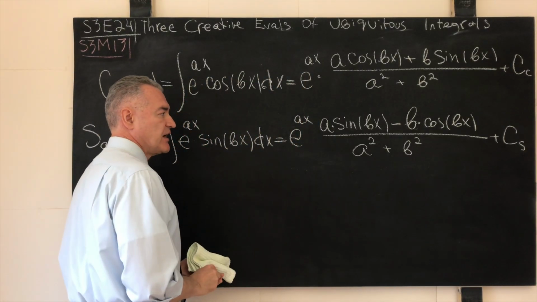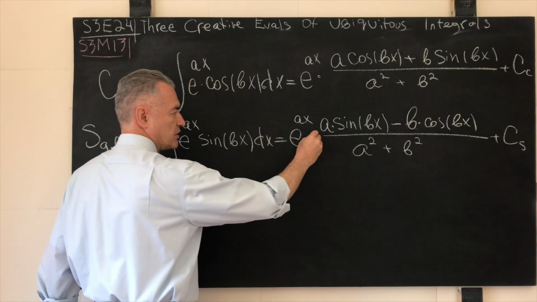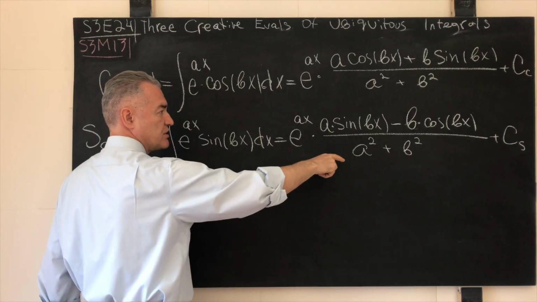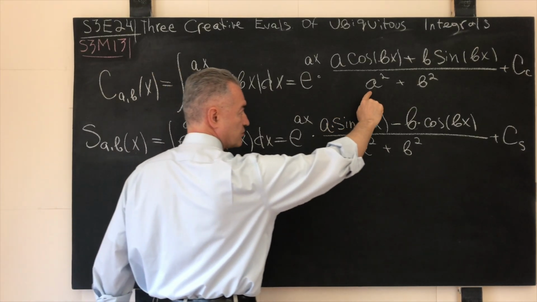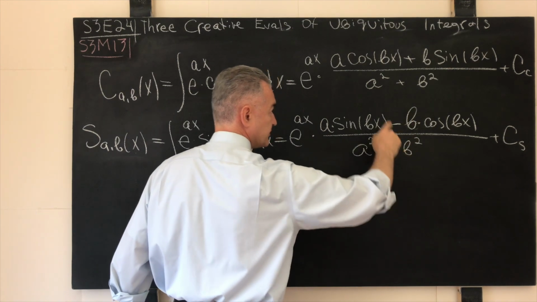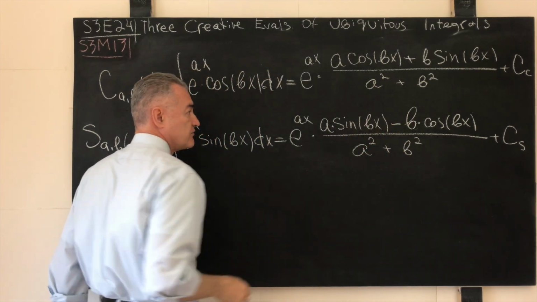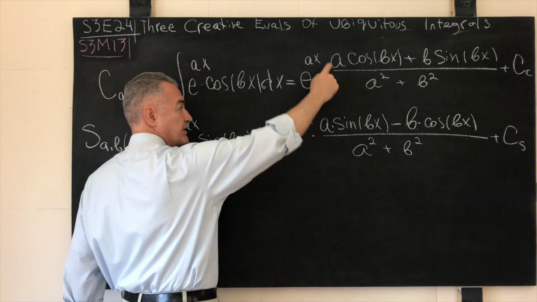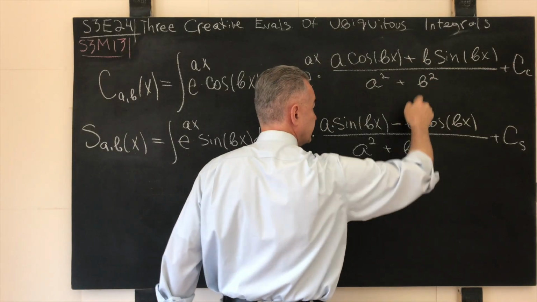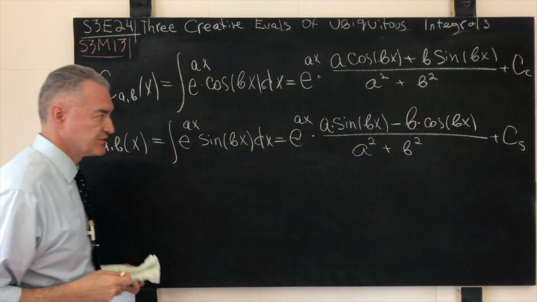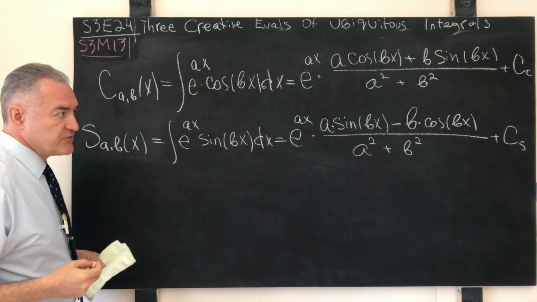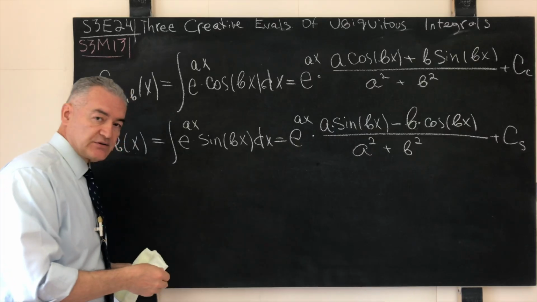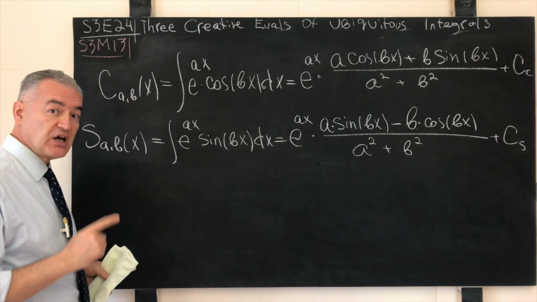We have the factor of e, Euler's number, raised to the power ax in both cases, multiplied by the following ratio shown over here. In the denominator we have a squared plus b squared in all cases, but in the numerator we have different constants, or let's say the same constants a and b bound to different trigonometric functions. And the moment we have these results on the books, we can instantly manufacture the corresponding results for the improper convergent